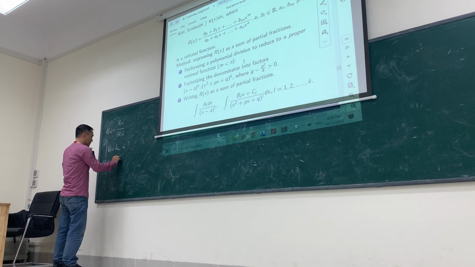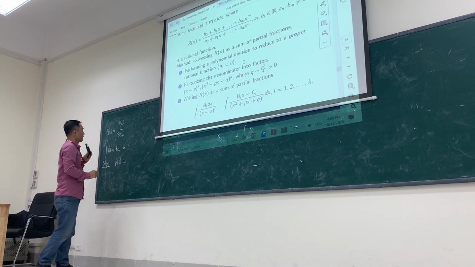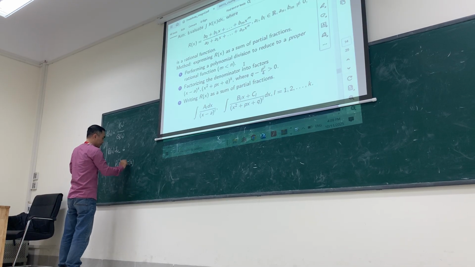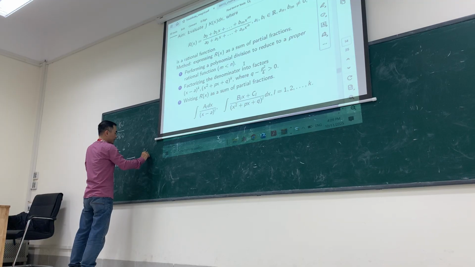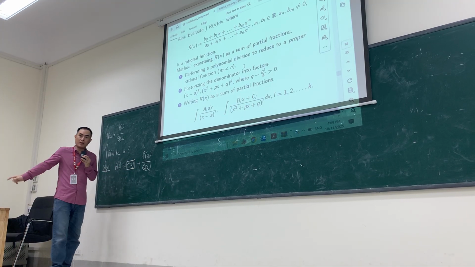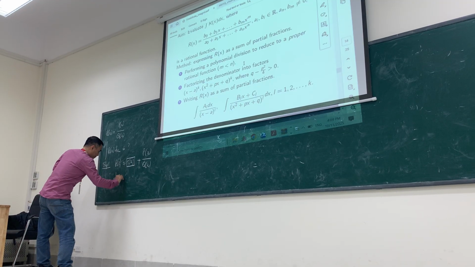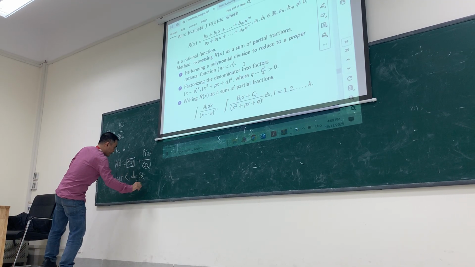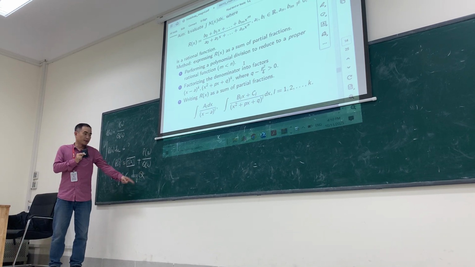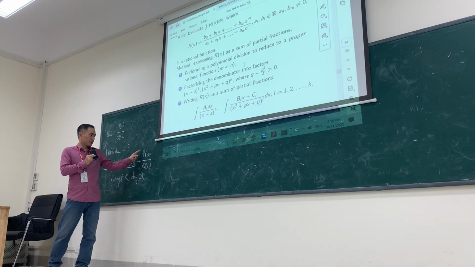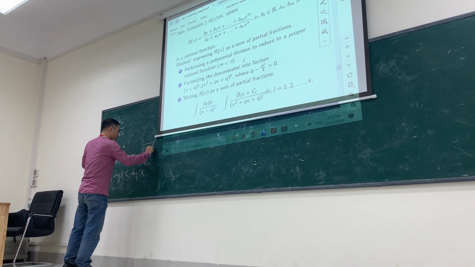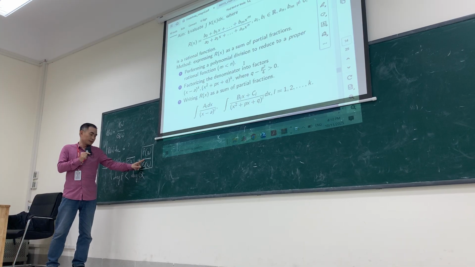That means we need to express R(x) as the quotient plus P(x) over Q(x), where R, P, Q are polynomials and the degree of P is less than the degree of Q. Step one, we need to express the rational function in this form, where the degree of the numerator is less than the degree of the denominator. A rational function satisfying this condition